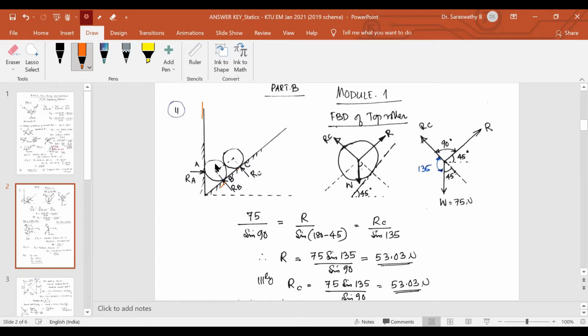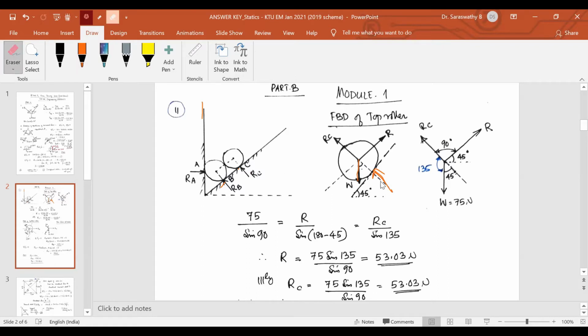So first of all, let us consider the top ball, the top roller. Free body diagram: I have freed it from the lower ball as well as from this surface. The surface is shown with a dotted line. This is the ball. What are the forces acting? The first force is always W, acting centrally downward from the center. Then the normal reaction, normal to the surface. This is the direction of the normal reaction. I have extended it along the center to the other side to make it easy for calculation.